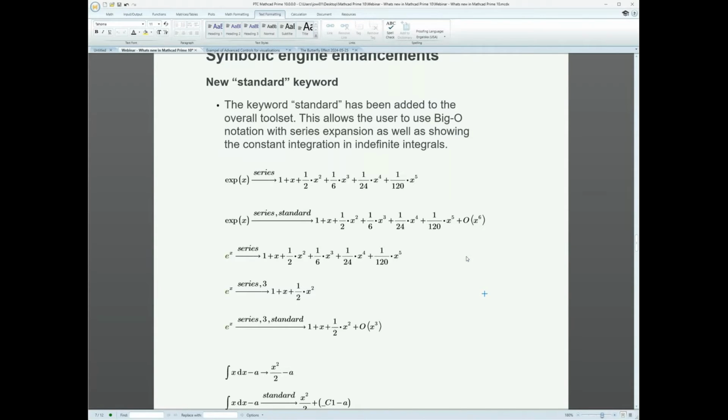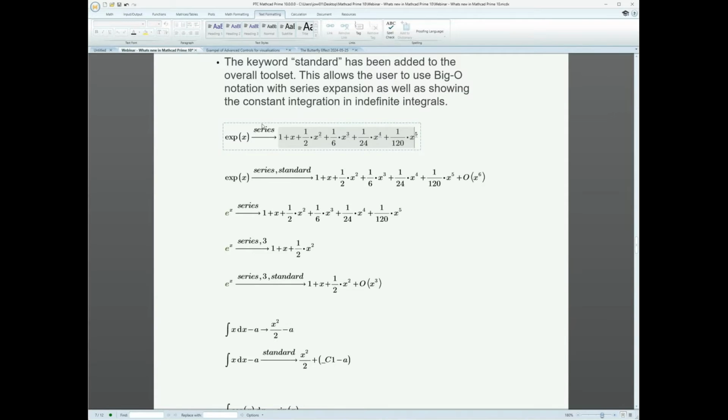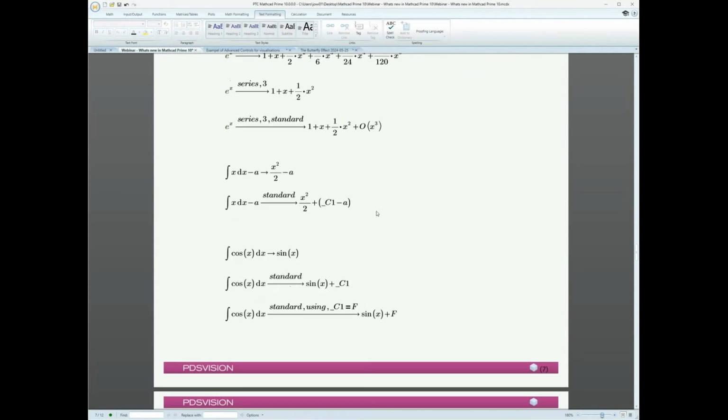So what do we mean by that? Here is an example. This is the same as the E logarithm EX. That's why I typed out both here. If you want to expand this as a series, they will write it like this. But if you put the standard keyword, it will actually put the big O notation for the next polynomial. And if you go to integrals, a very simple expression, and you evaluate it, and